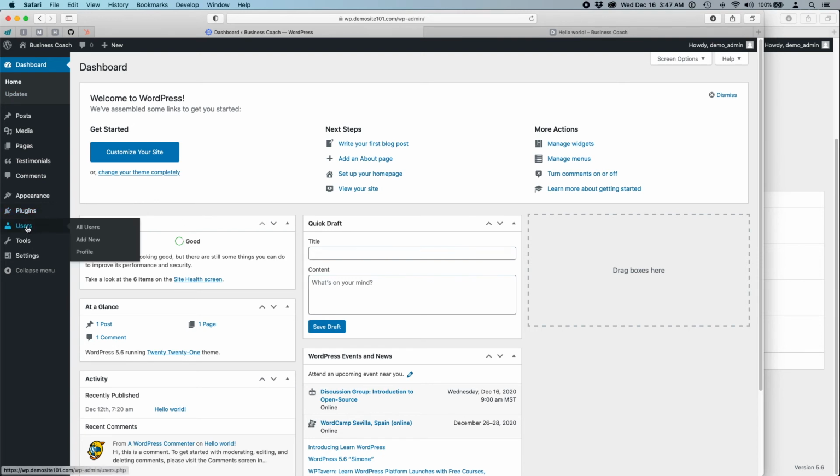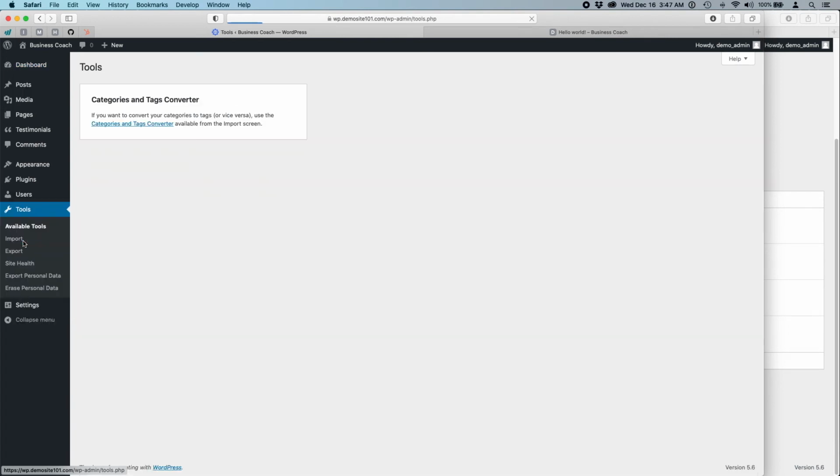So now we've gone through all of the built-in functions except for tools and settings. So if we click on tools, again we'll see the submenus come down. I think I mentioned early on in this video that you don't need to do anything with these really. When it comes to doing backups and things like that, I will be putting some videos together in the support or knowledge base section of the website,